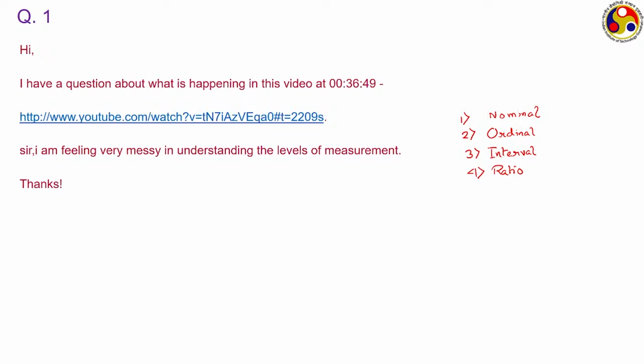This is the one that is probably most commonly used. Like, some weight of something is 5 kg. We say that is 5 kg because it is 5 times some sample whose measurement is 1 kg, and accordingly we get this ratio measurement. So these are the 4 types of measurement. I hope this is clear. If you have any further query about this level of measurement, you can ask me in the portal.